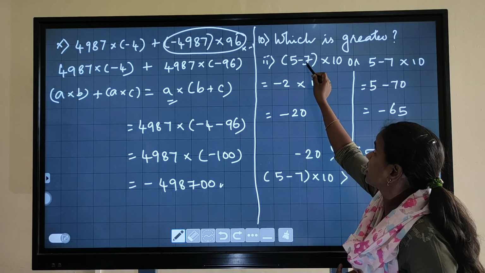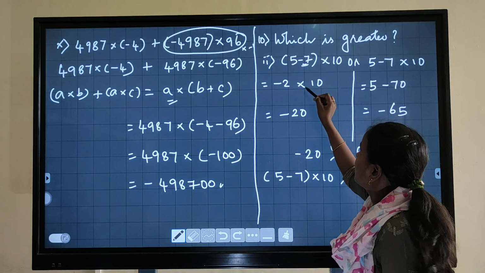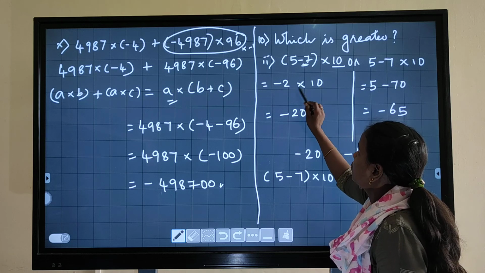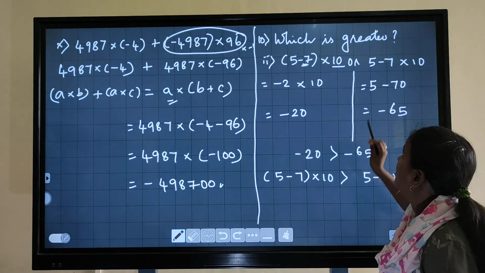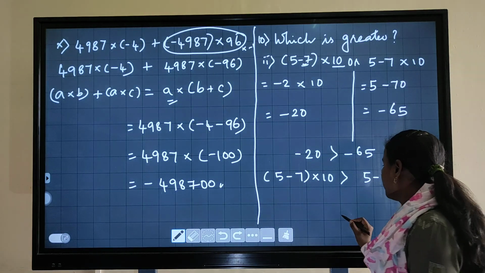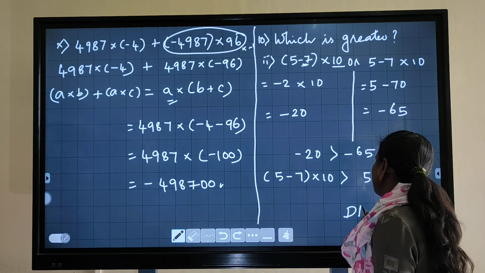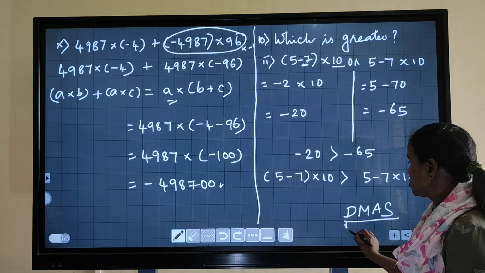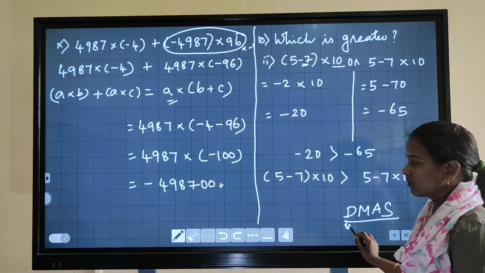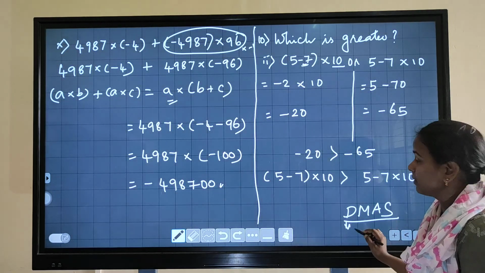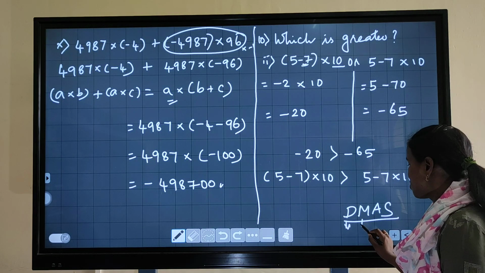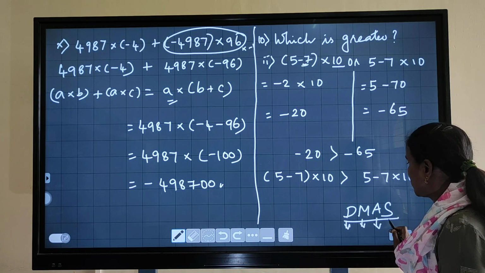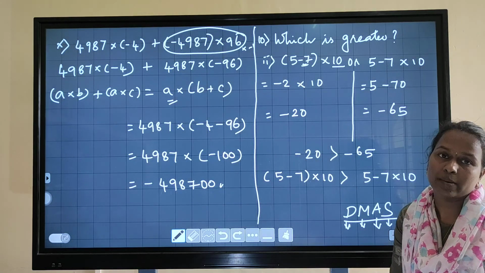What is the largest number's sign here? Minus. So minus 2 I am writing. Multiplied by the remaining 10. So 2 tens are minus 20. Now I am going to solve this one. You know BODMAS, in that BMAS is there. Using this we have to solve. That means you have to first solve the division. If all the operations are given, first you have to solve the division. Next you have to solve the multiplication. Then you have to solve the addition. Next you have to solve the subtraction.